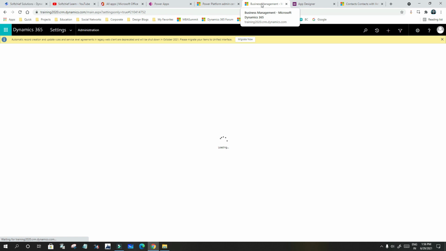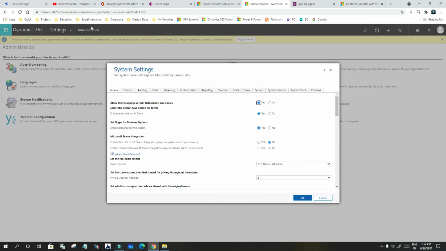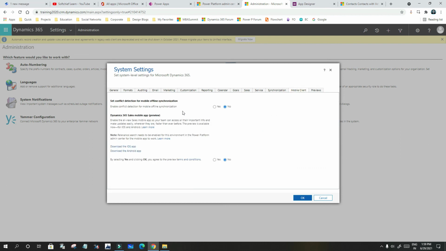So it's trying to load the system settings. Now here you will find system settings. So here you have to go to mobile client and you have to click on configuration. Yes, you have to click on yes.